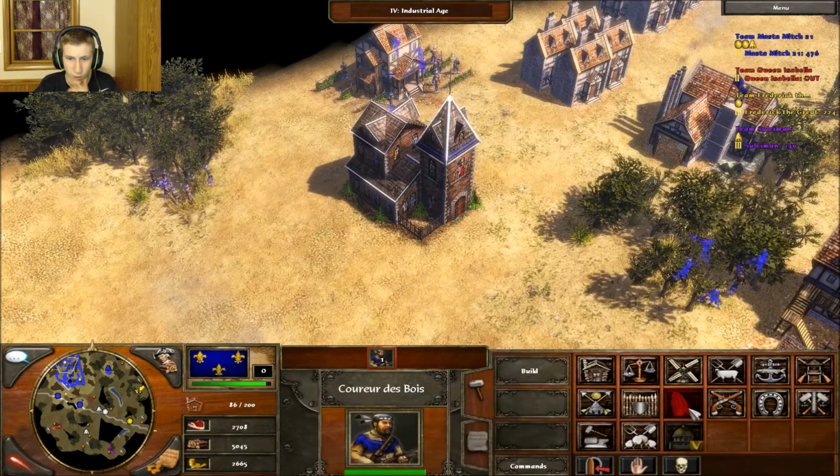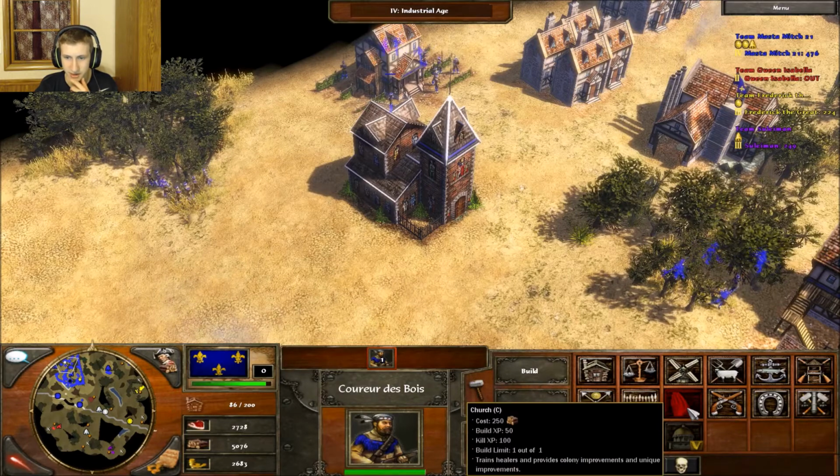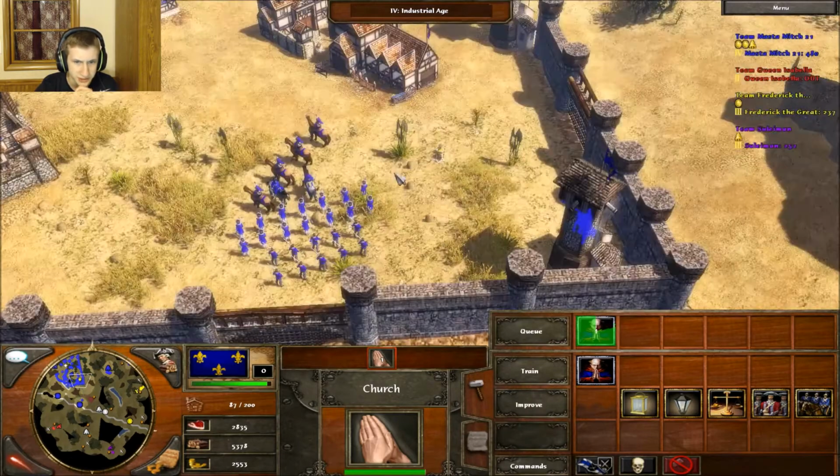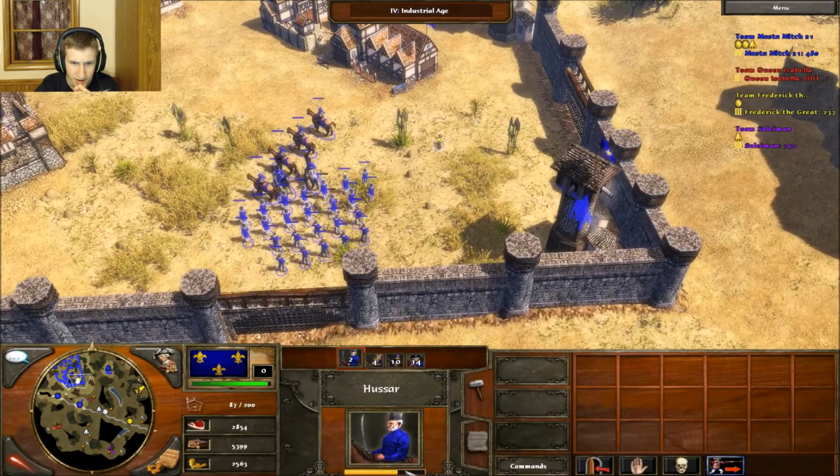But you see, I only have 1 church I can make, which is right here. And I'll go ahead and make 1 priest. And the reason for that is it says heals injured units. It's pretty self-explanatory. And it's valuable because right now, my troops who are just injured, I can see a handful of them who have the